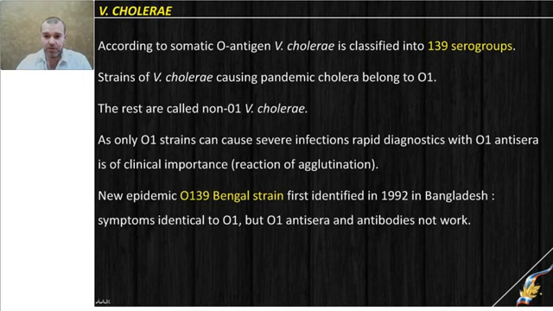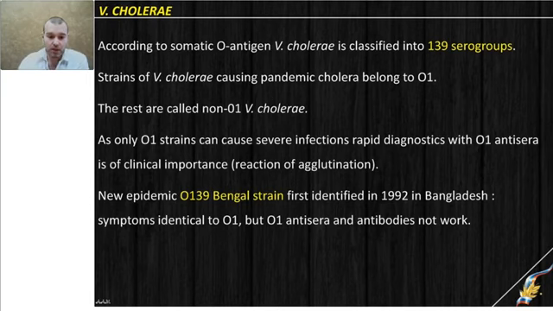So of course it is much easier because only one group needs to be identified. We have agglutinating serum, called O1 serum, and if you perform the test and it is positive, then it is a pandemic emergency. The rest of the strains are called non-O1, and it's not really important which serotype you have. While it is non-O1, then pandemic is not possible and it is only a local problem.